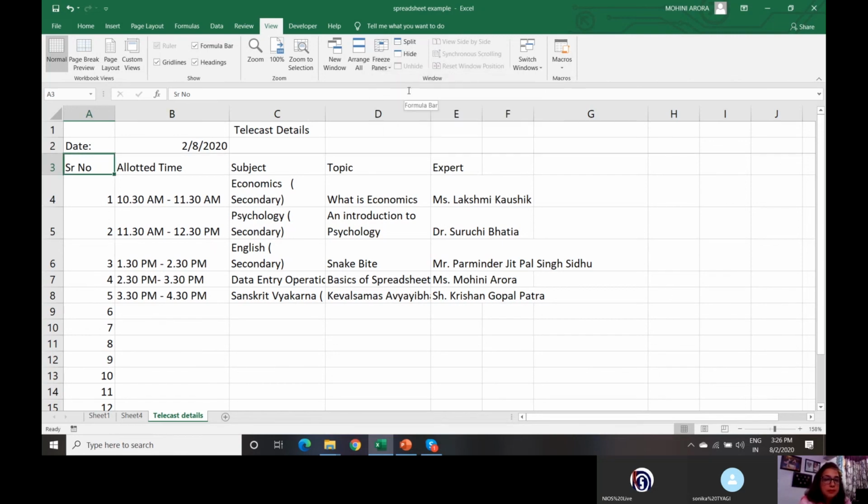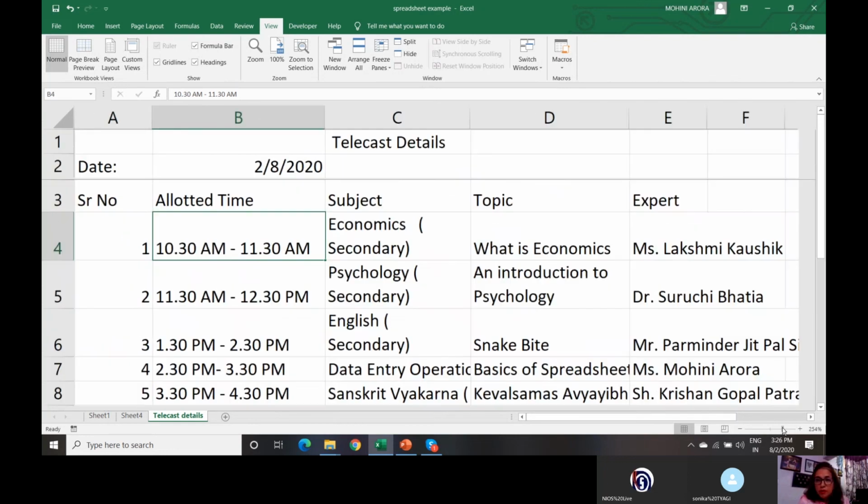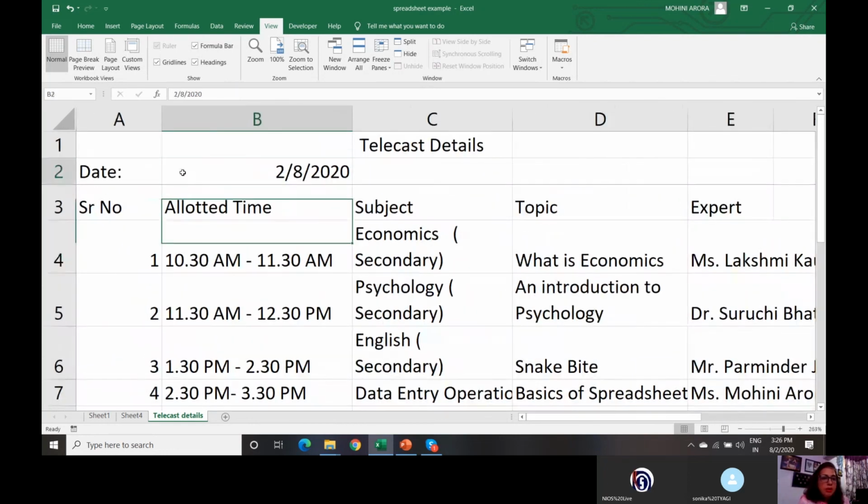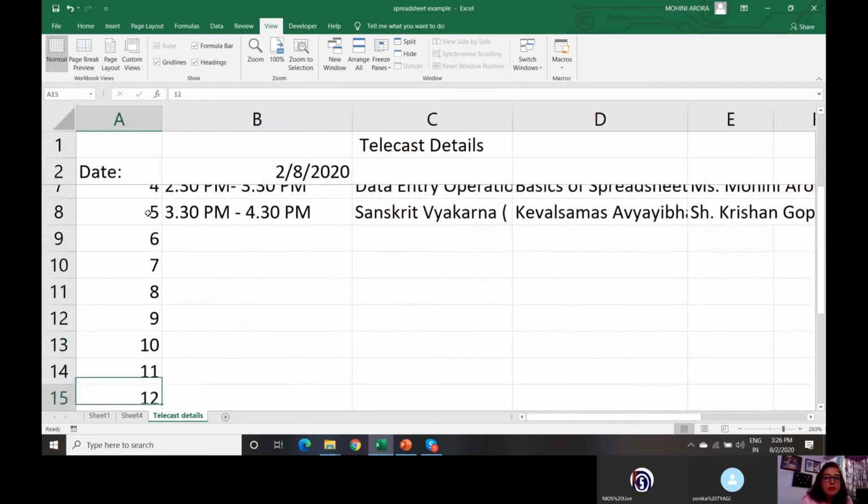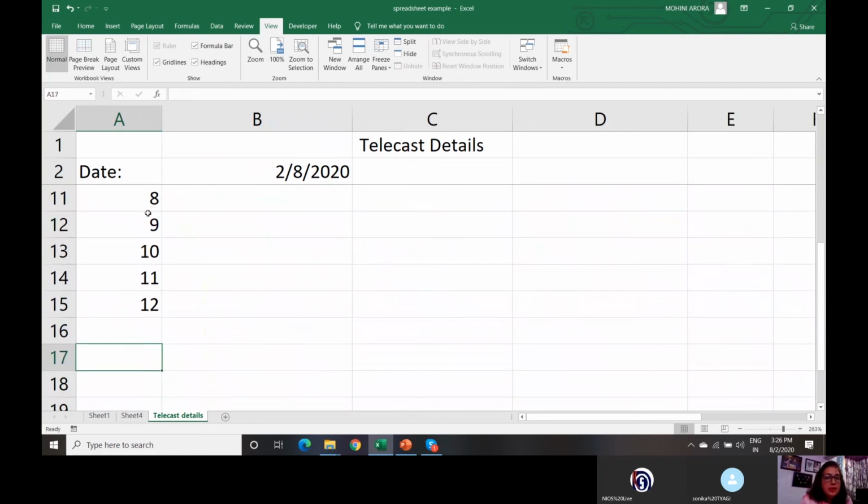Click it. Once you click it, see what happens. There's a small line. My viewers might not be able to see it clearly, so I'll zoom in a bit more. You can see a very minor line below this. Now if I scroll down, see, the upper portion is frozen. It is fixed.